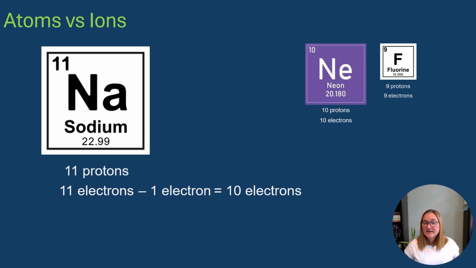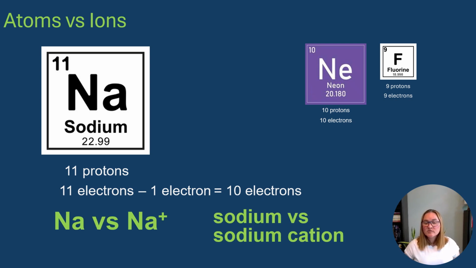Again, cations will behave differently than atoms or anions, so they need their own notation and naming system. The notation will follow the same pattern that we saw with the anions, the elemental symbol followed by the appropriate charge as a superscript. The name is simpler than the anions. We simply add the word cation behind the elemental name, at least for sodium because it is a main group